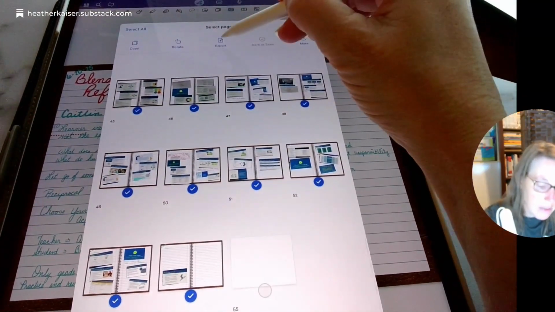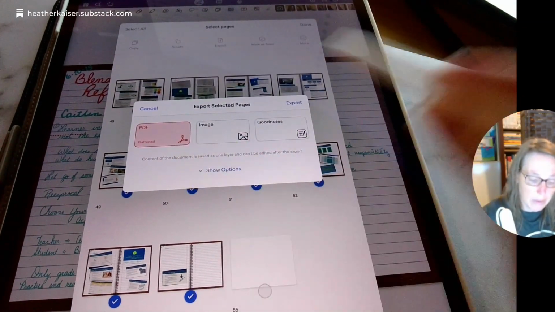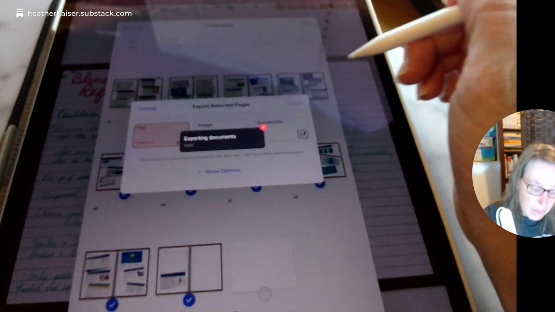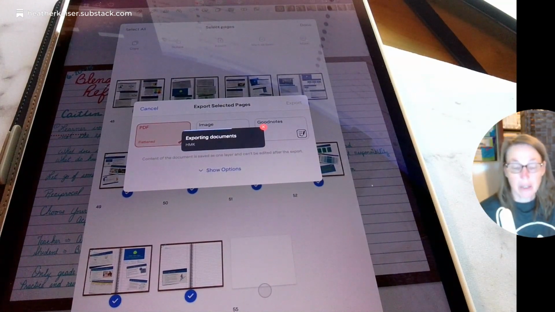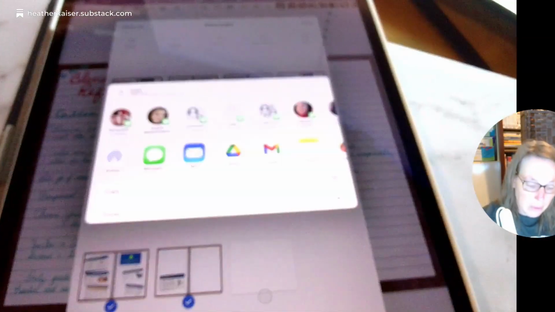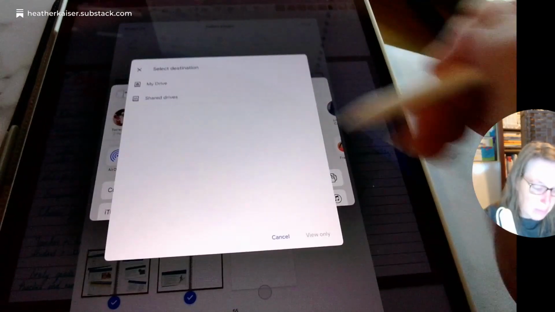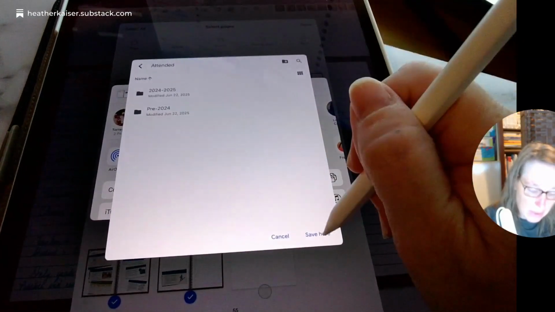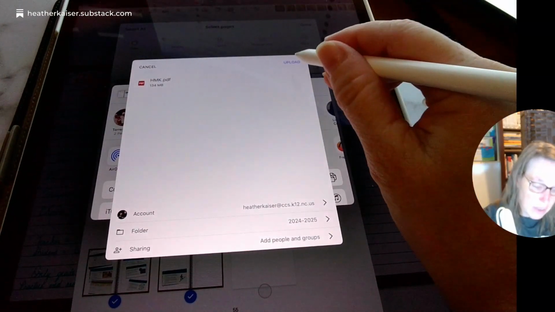And I can export these with the export button, and I can do it as one solid PDF. It's going to process that, and then I'm going to tell it where I want it to go, and again I'm going to put it in that same Google Drive folder. So go to my Drive and make sure I select the folder, my professional development, attended, and it was this past year, so save here,